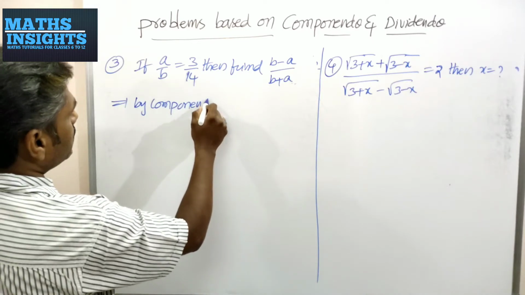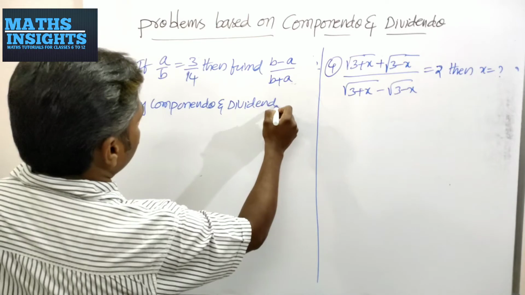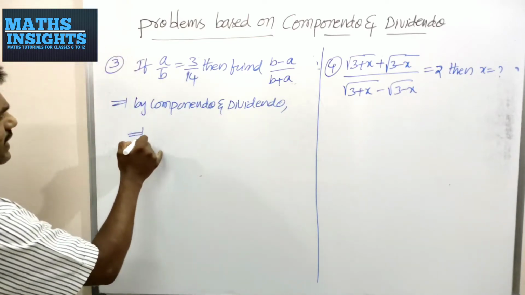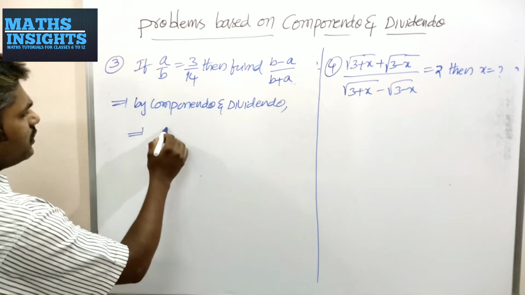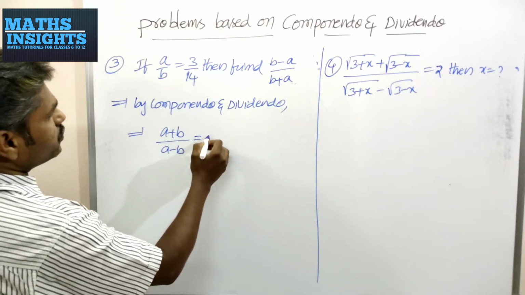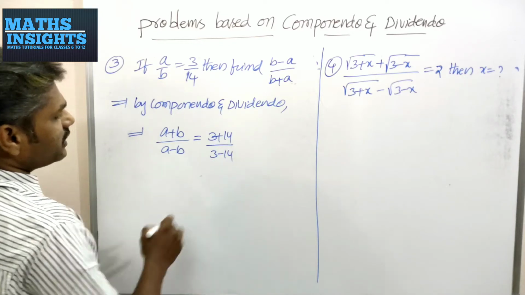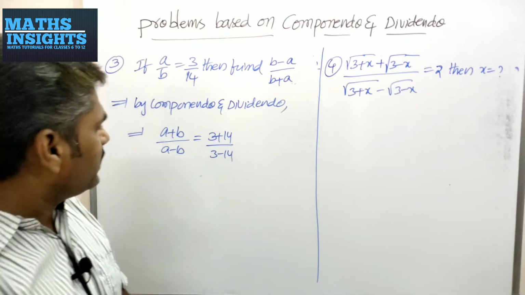by componendo and dividendo. See, A is the first one and B is the second one, therefore A plus B by A minus B is equals to 3 plus 14 by 3 minus 14. Is it or not? Now